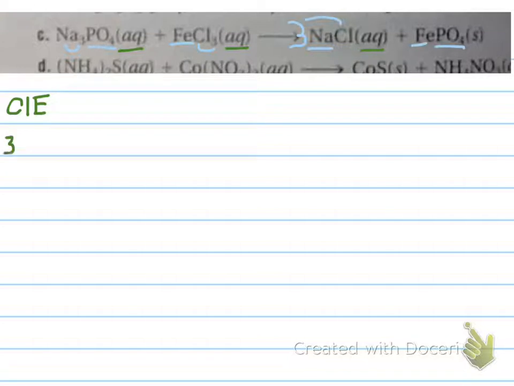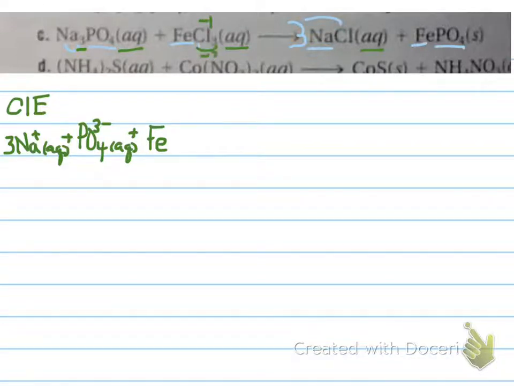So I have 3 sodium ions, aqueous state of matter, plus, and again the 3 comes from that subscript on sodium, plus PO4 -3, aqueous, plus Fe, and again, because chlorine has a -1 charge and there are 3 of them, I have a -3, so this has to be iron with a +3, plus 3 chlorides,